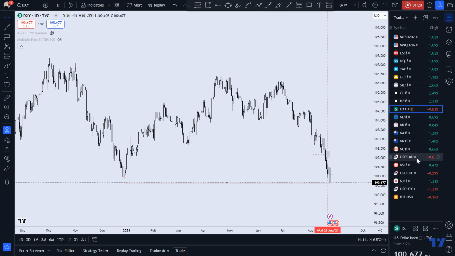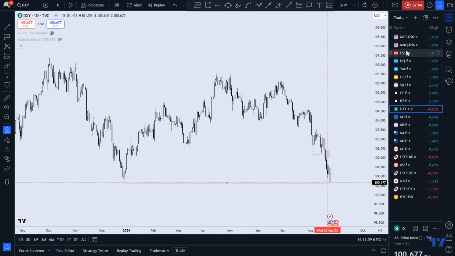But if you remember one thing, the theme throughout the analysis I'm about to put forth for these major pairs is I'm shorting against the US dollar. I am shorting the US dollar. My view is the US dollar has been weakened because of Jerome Powell looking to lower the interest rates, and you saw how it affected the markets on Friday, sparked a beautiful rally, and that's what we want to see. We want to see the markets hit all-time highs and all that good stuff, and that means the dollar gets a little weaker against the other currencies.